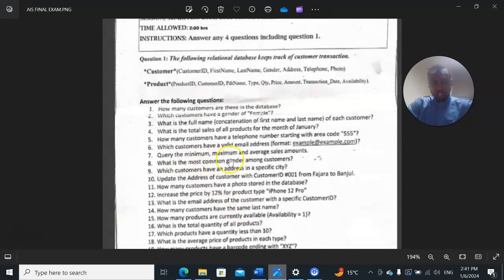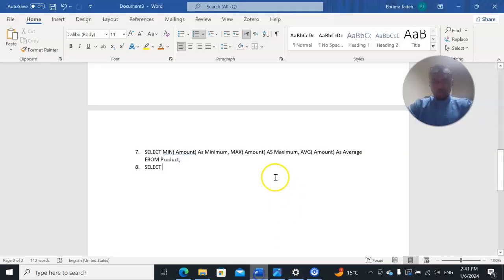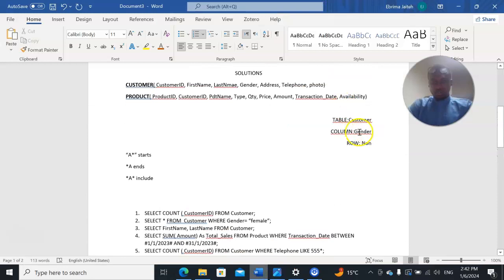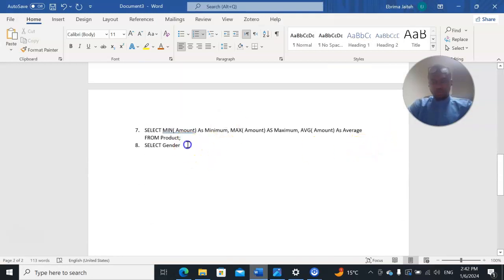What is the most common gender among customers? Now we need information about the gender. So we are going to say select what? Gender. Because we don't have any information under this gender here. You can see it here. We're going to bring this column at the beginning. So we're going to say select gender, comma,